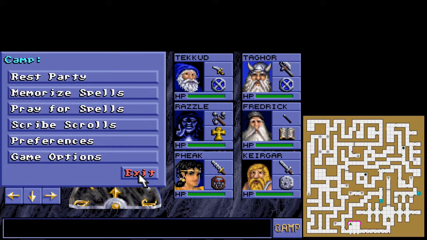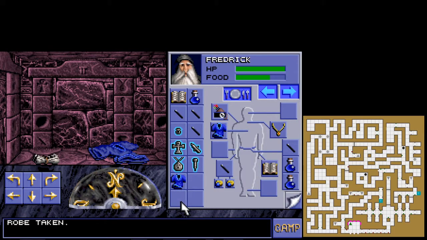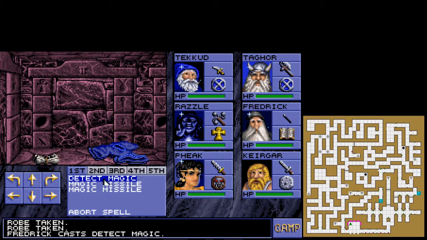Cast Detect Magic and you'll see if there's a difference. Yeah, okay. Now that we know which robe it is. So, okay. This one is the magical one. This one is the non-magical one. If I cast Detect Magic...